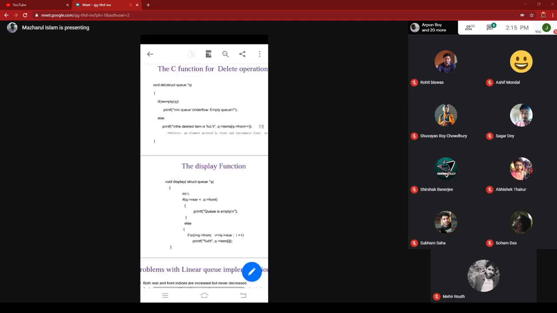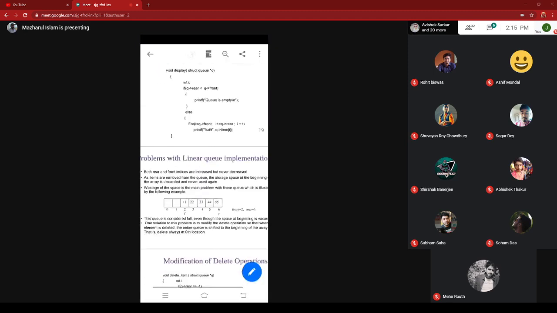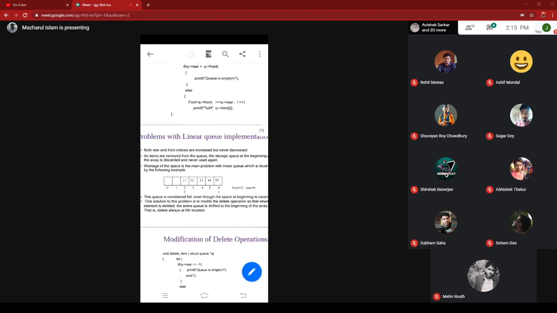The disadvantage of this kind of implementation is that when the whole queue is full, and you are deleting elements one by one, the deletion will be done using the front end. So here two deletions have been shown. That is why front is updated. After these two deletions, you are seeing these two positions are empty, but programmatically you cannot enter a new element because rear has reached the maximum limit.